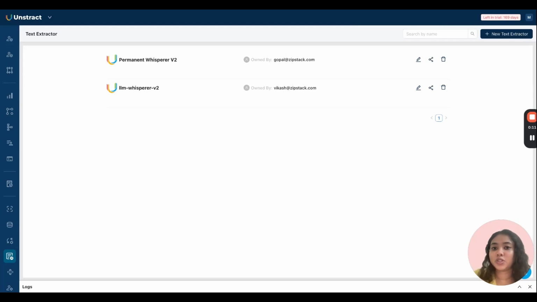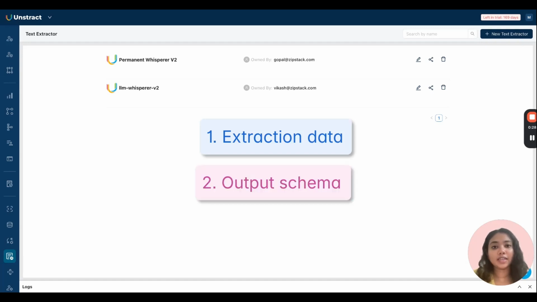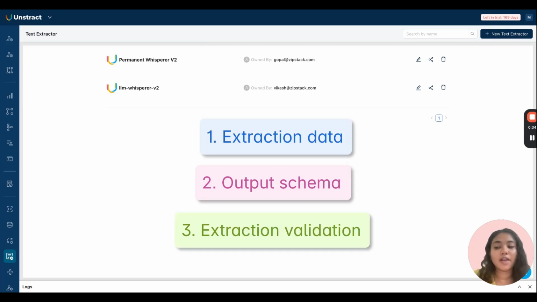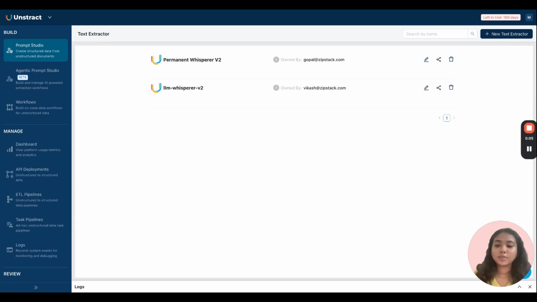And the first step is to engineer your prompts. Now, prompt engineering is actually the main chunk of work that users perform on the platform, which is, using prompts, they specify three key details. So, firstly, what is the data that they're looking to extract from documents? Secondly, what is the output schema of extraction? And thirdly, how do you validate the extraction? So all these three components are involved in prompt engineering, and this was initially performed using the Prompt Studio. The Prompt Studio perhaps was one of the areas where users spent most of their time trying to define the right prompts to perform these three operations.